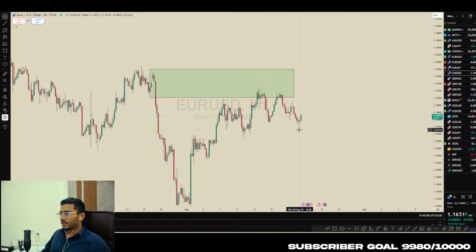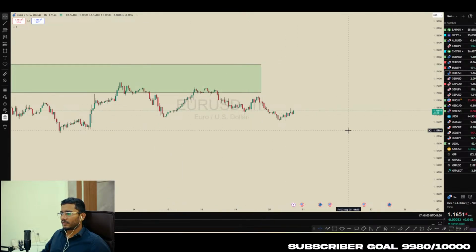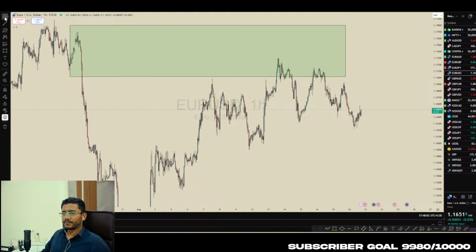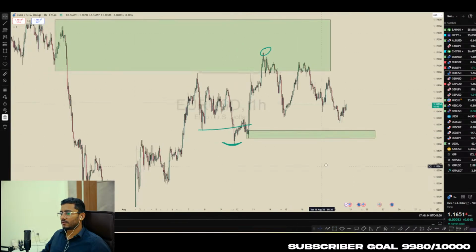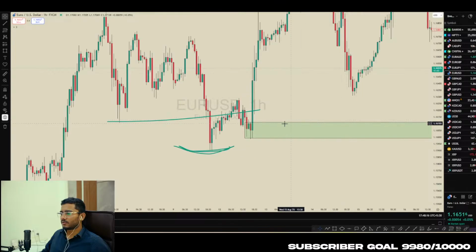It's continuing to the downside here. If you look at the structure, we have this structure break, price created a new high. Here we have this inducement, we have this swing low, and there is an order block on 1 hour, which is here. So if we find this order block,